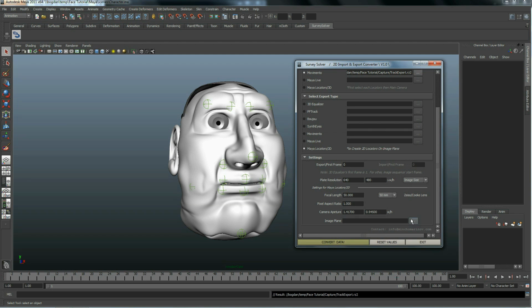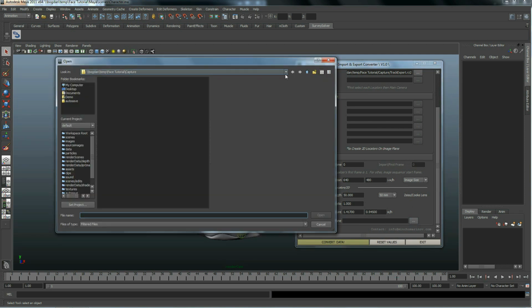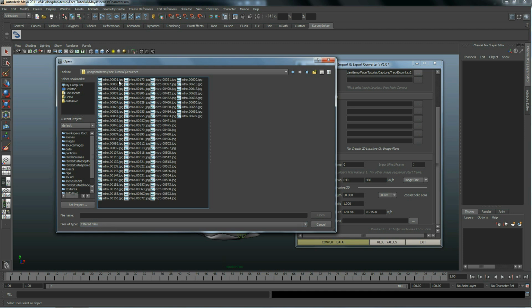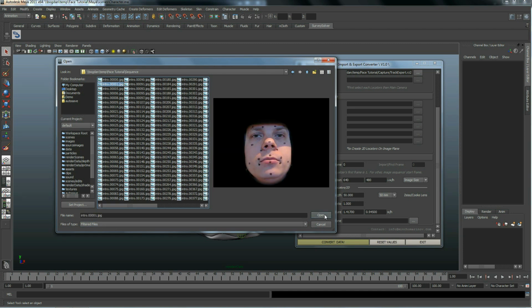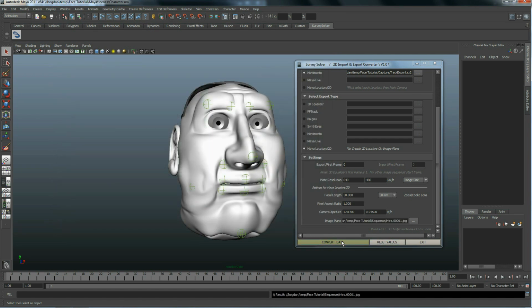And load up the image sequence used in part 2. Click Convert Data in order to start the process.